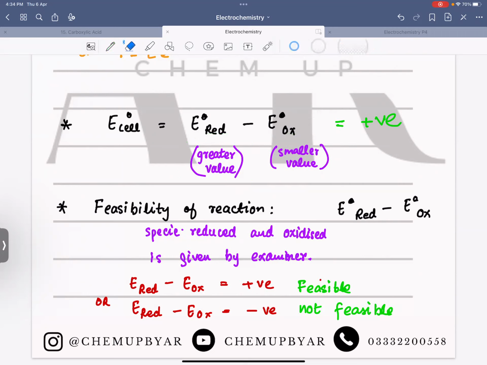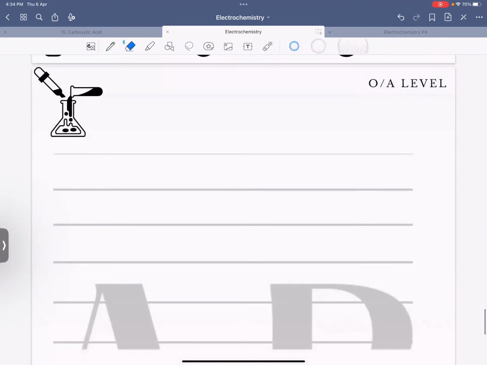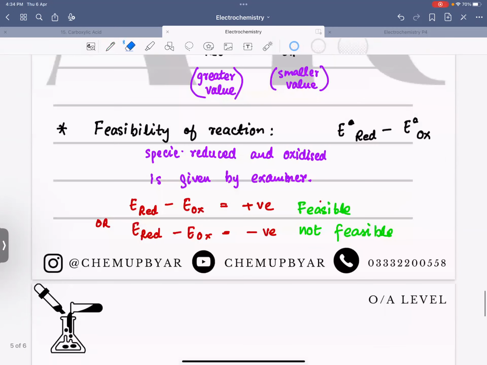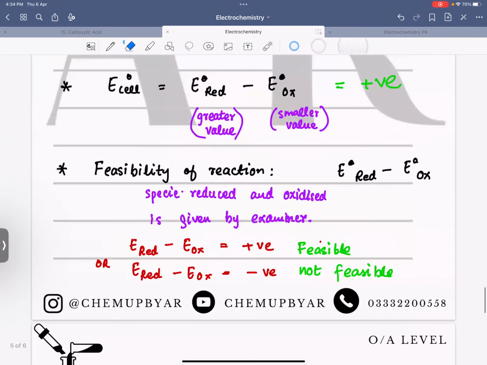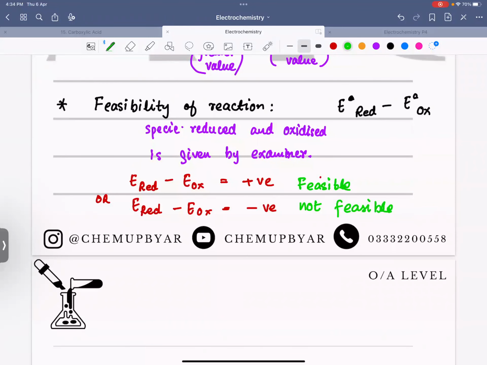Yes. Opposite. If the value is negative, then it's feasible, and if the value is positive, then it's not feasible. Yes. Is this clear to everyone? Okay. There is one other thing that I need to discuss. First tell me, everyone, if you observe a half equation,